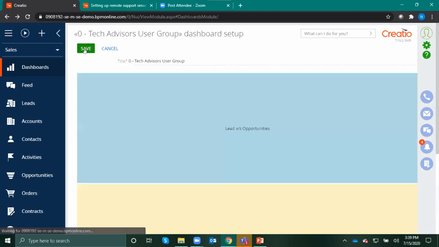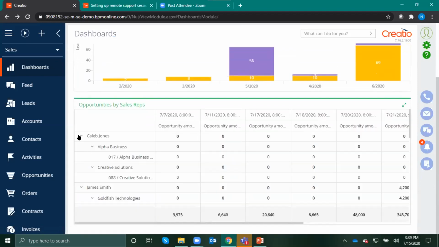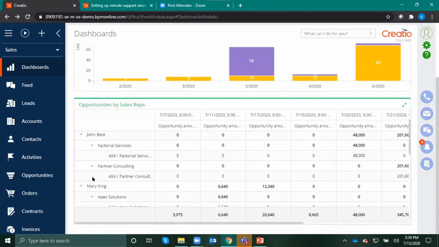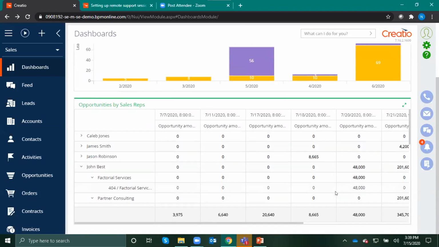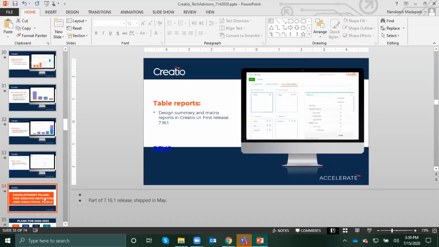If I click save now, you can see that I've done a pivot table where I can group it by different customer or different owner, and have different accounts. And within different accounts, they have different opportunities. And then I can take a look at, oh, this opportunity is going to close on 7/20 at 48K. So this is a great way for you to start pivoting and having a different perspective, views of the same information, but served in a different way. All right, so with that, I'm going to pivot right back